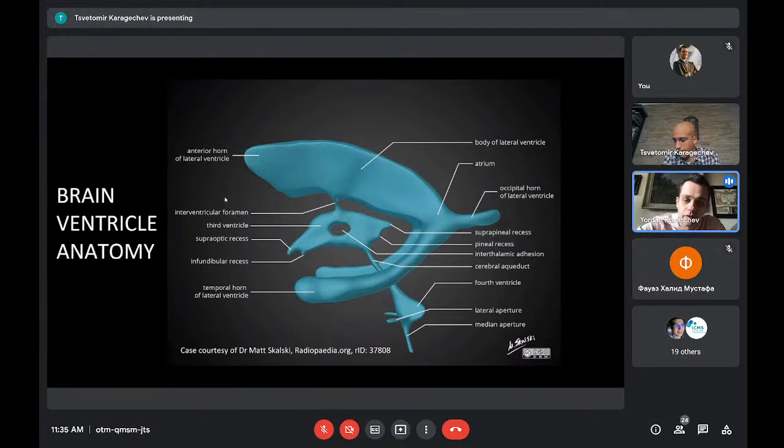Now, there are many parts, as you can see, but I want you to remember the major ones, because this is what I will show you. Exactly the lateral ventricles, especially, they're on both sides. You can see the frontal horn on the front, the body, then there is an occipital horn, and really, really important is the temporal horn of the lateral ventricle.